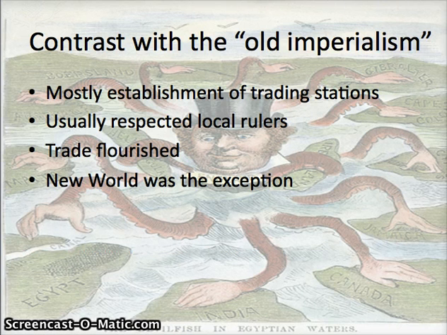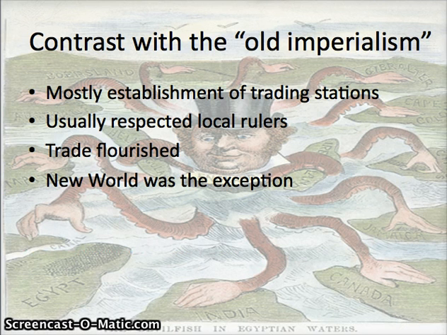So that shows us that in the New World, it's not really old imperialism. It's already resembling new imperialism, with the example of Spain. You also see that they enslave or subjugate the native people that they come across. And because of the Columbian exchange, many of them just die off due to disease.